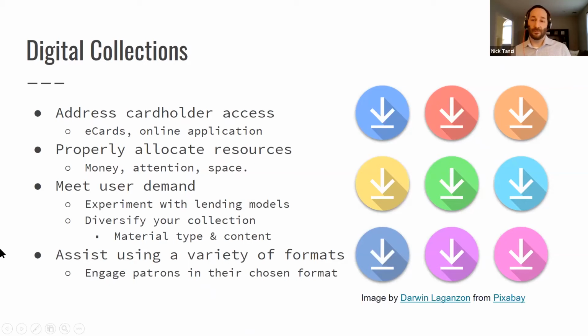You got to meet user demand. I know this is tough. I know, with ebook pricing, it seems like it's a hopeless task, but you do the best you can. And part of that may be experimenting with different lending models. There's a difference between one copy, one checkout, or metered access, or collections where it's always available. I like to call them all you can eat, something like